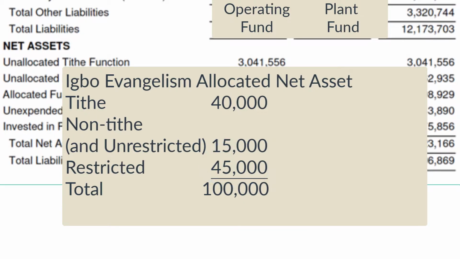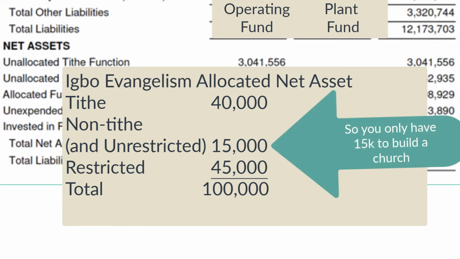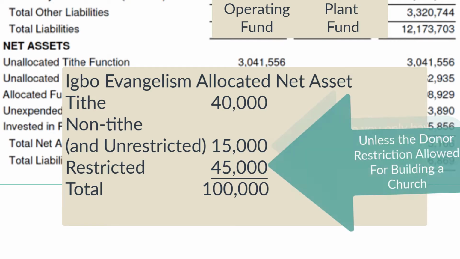So let's say you want to build a church. Well, you cannot use tithe to build a church. So you'd have to make sure that you have enough non-tithe money in the Igbo allocated pot in order to build a church. And also make sure that your restriction, if the restriction was purely for evangelism and there was no room within the restriction to build a church, then you have to make sure you have enough unrestricted money to build a church. But you don't have to worry about it too much because the accountants and the auditors have to keep